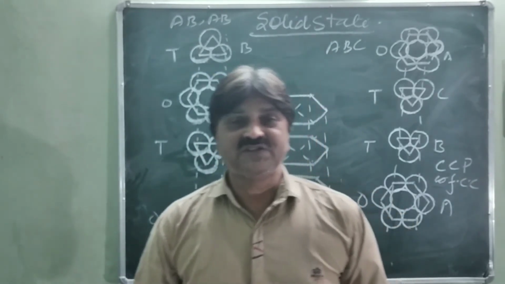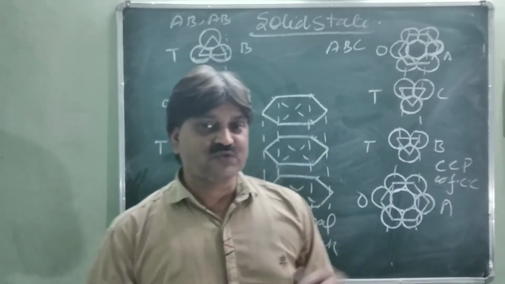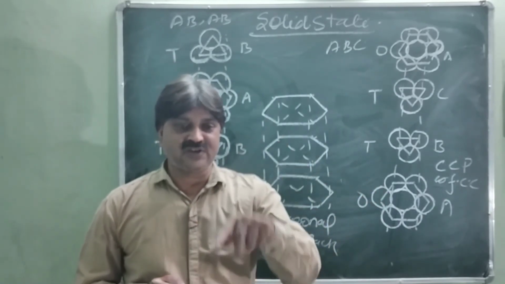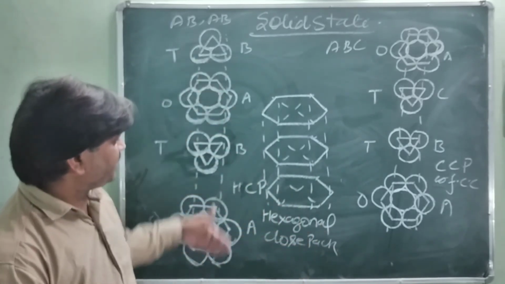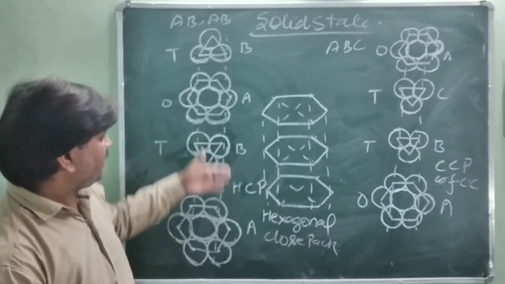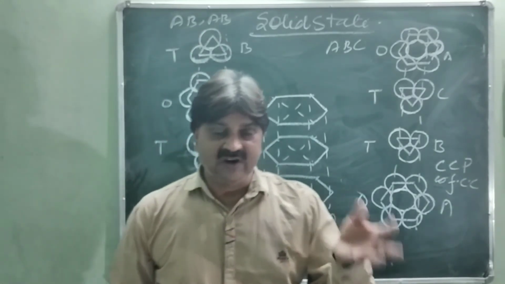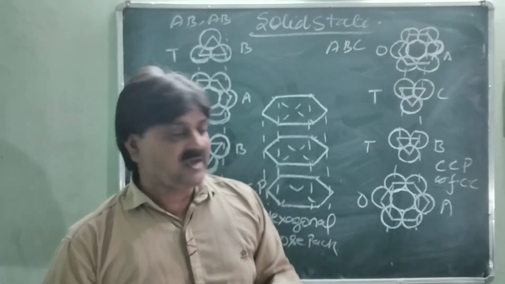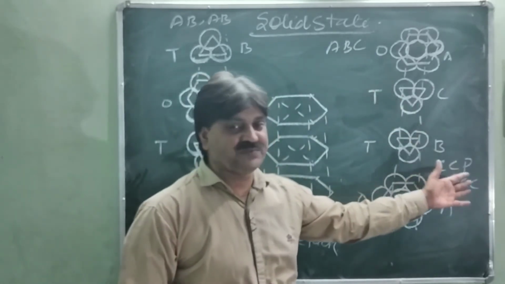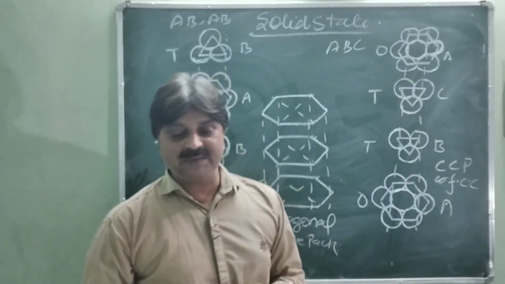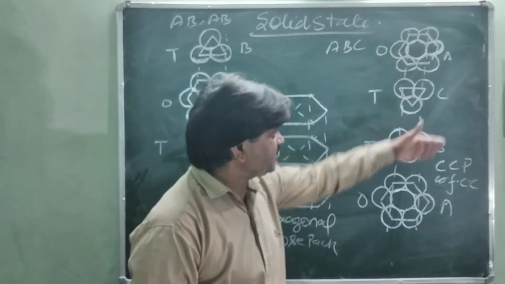Another way is by placing the third layer over the second layer. There are 2 types of possibilities shown. In this one, the third layer placed over the second layer covers the tetrahedral void of the first layer. So this type of structure is HCP type, and the structure pattern is AB type. Whereas when the third layer covers the octahedral void, the arrangement is the same way: octahedral, tetrahedral, octahedral. This structure becomes the CCP type, or cubic close pack structure, or FCC type, face centered cubic close pack structure. And the arrangement is ABC type, not AB type.